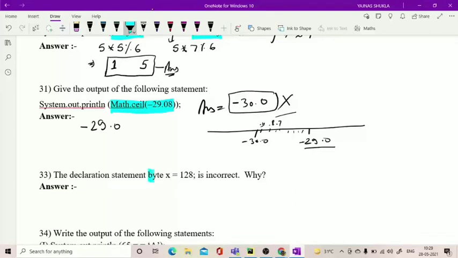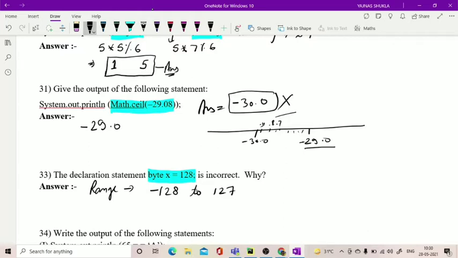When we do this, it gives an error. Beta, what is the range of the byte? If we take a byte type variable, the range of the byte is minus 128 to 127.